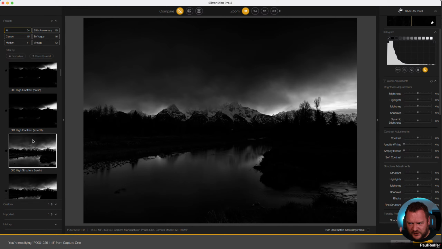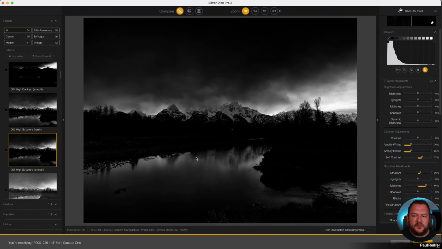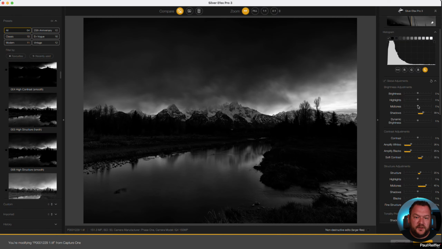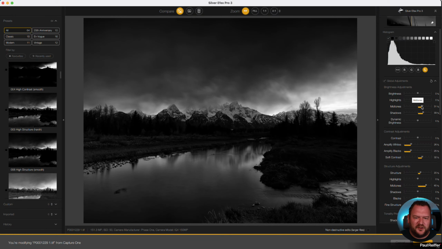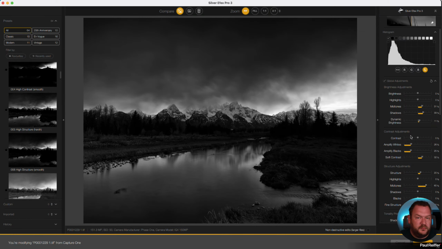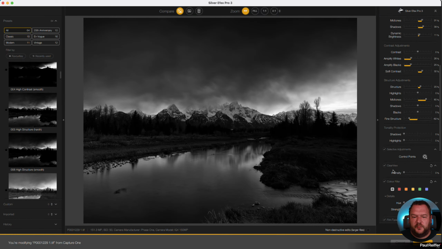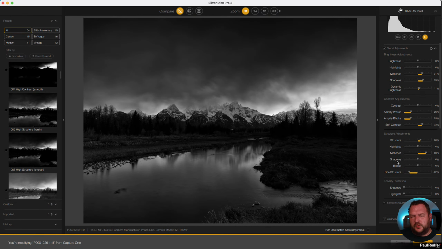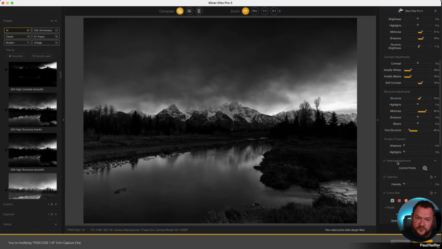So let's go to exactly where I was before so you can see it. So high structure, smooth. Let's bring up the shadows. Let's even bring up the midtones. I love there's a midtone slider in here. We can put up some dynamic brightness if we want to. We can, all these different tools, but here's the fun one. Because I exported a color image to Silver Efex,